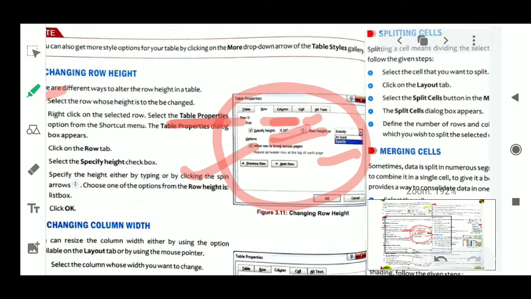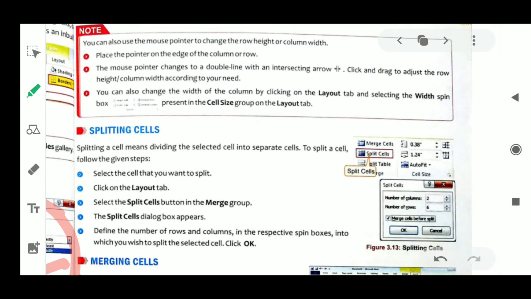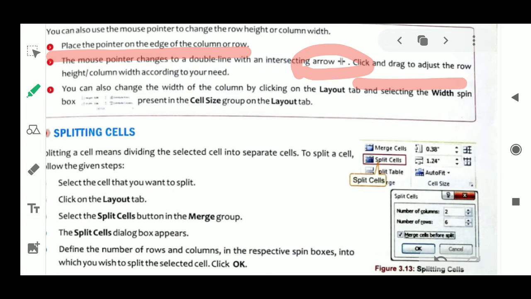You can see here on page number 29: place the pointer at the edge of the column or row where you want to adjust the table. Then your mouse pointer will change into an intersecting arrow shape. Then you have to drag.